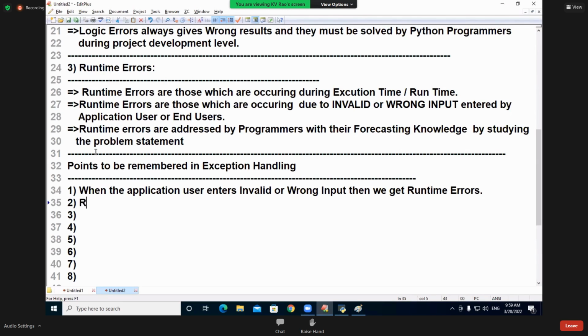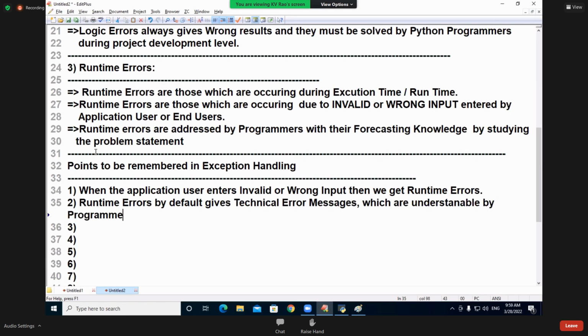Dear students, runtime errors by default give which messages? Technical error messages which are understandable by whom?